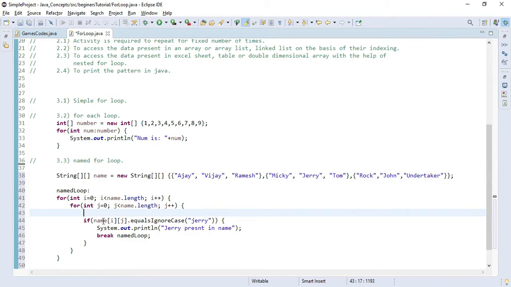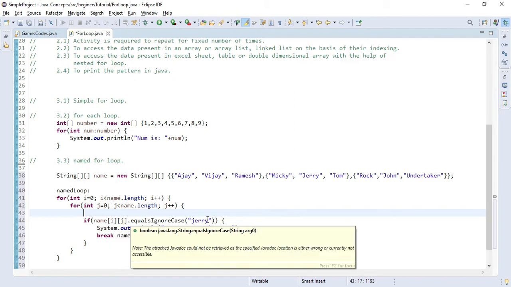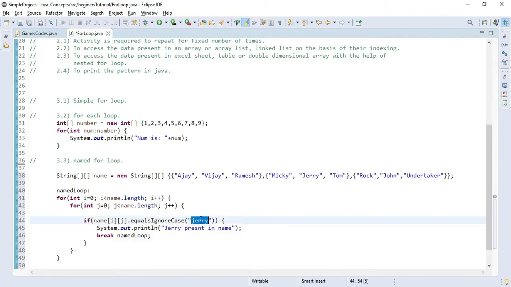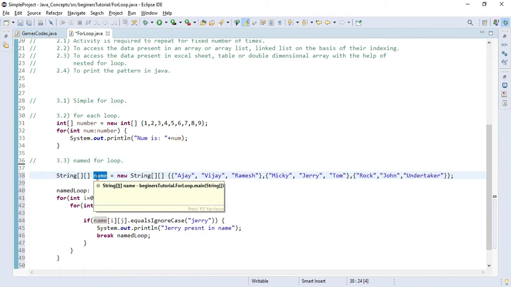In that we have checked if name i j equals Jerry, then it will print Jerry is present in name. After that we have used a break statement, and in the break statement we have given the name of the named loop. Why is it beneficial for us? Our requirement was just to check whether Jerry is present in our array or not.